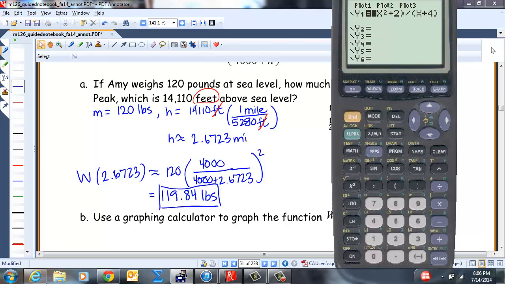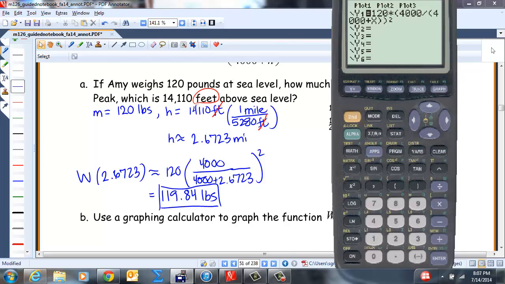So we would have 1,400. Oh, wait, I was doing the wrong thing. Sorry, my bad. Let's see, it was 120 times 4,000 divided by the quantity 4,000 plus x, because x is going to be our h, right? And then end that parenthesis, end the quotient, and square it,